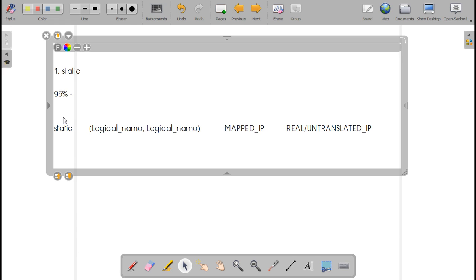So it will be something like this: static, high, low. Now let's try to understand what I've written.